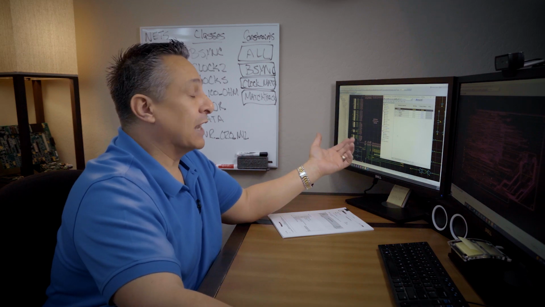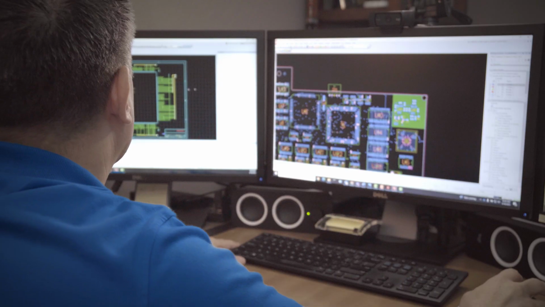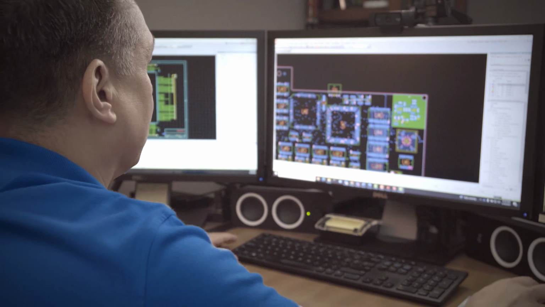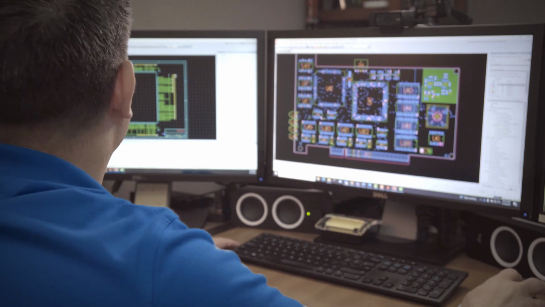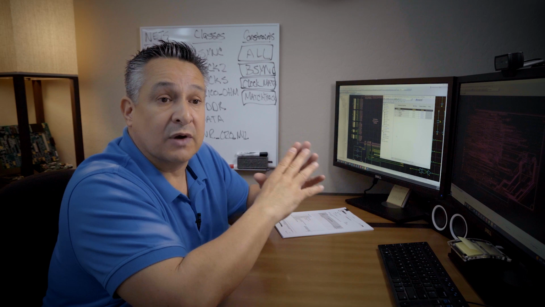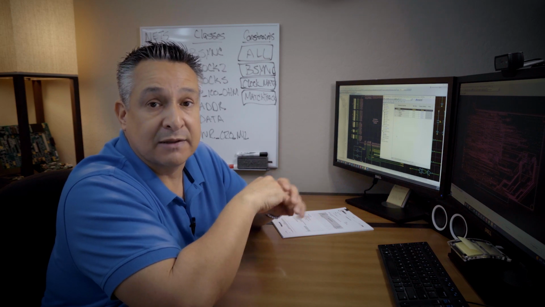Then, as you can see here, I start actually implementing them within the database. Typically you do this in the front end, but with today's capabilities you can do it in both the front end and the back end. The key here is to control how it's being implemented and who is implementing them.